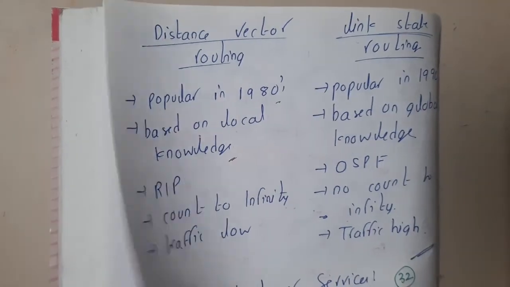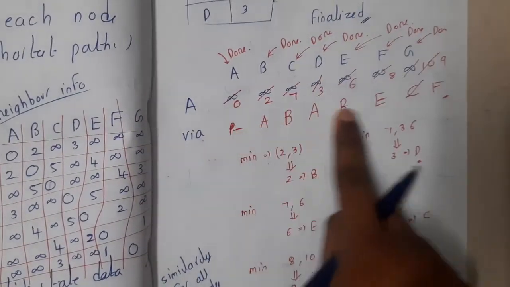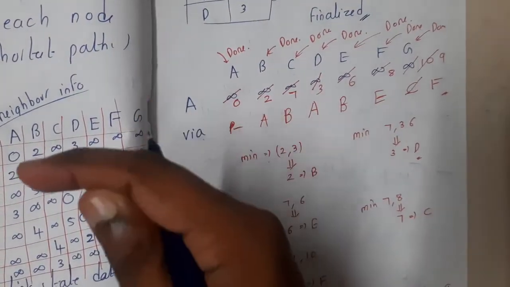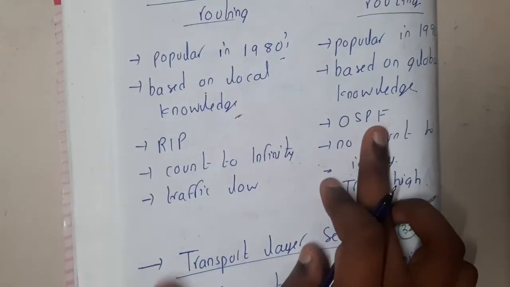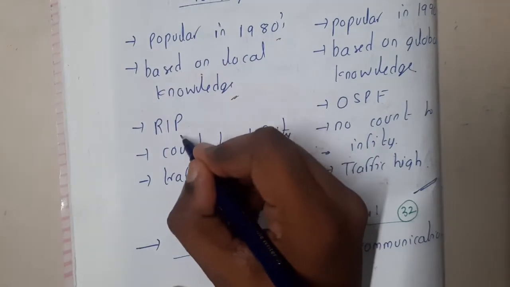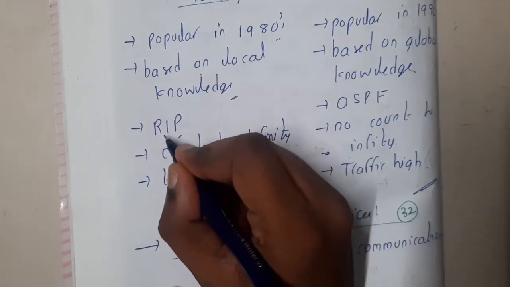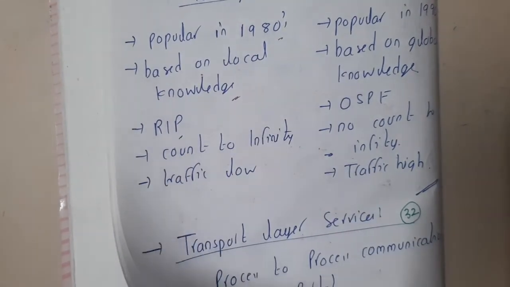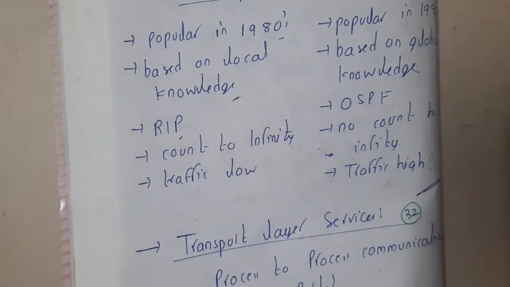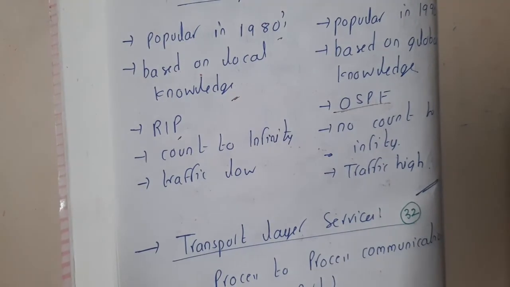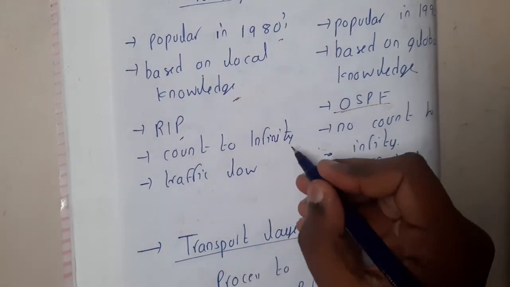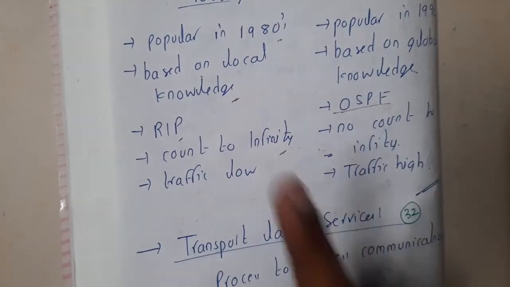So basically if you observe this table, this simple table can answer anything, right? From here I can go anywhere just with this table, right? So that is the power of link state routing. Distance vector routing uses RIP, that is Routing Information Protocol, whereas link state routing uses OSPF, that is Open Shortest Path First, right? And in distance vector routing we face the count to infinity problem, and that problem doesn't even exist in link state routing